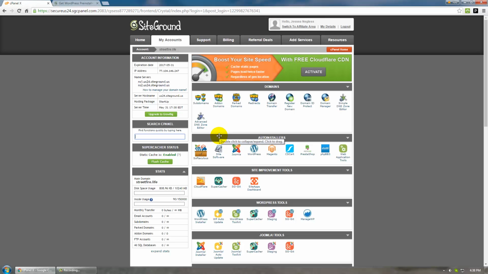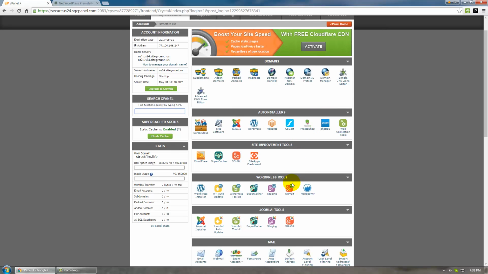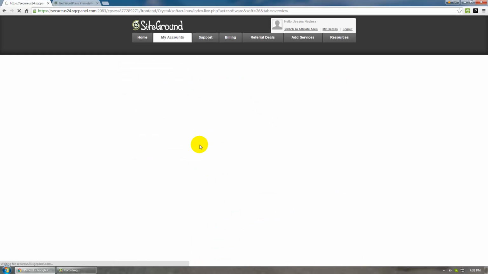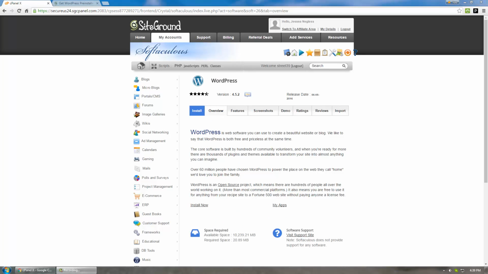And then it opens up another panel, which is actually our main control panel, and there's lots of icons, lots of buttons here, but we're specifically looking for the WordPress tools, which is about mid-page, and the icon to the far left says WordPress Installer, and that's what we're going to click here. Now on this page it gives you a little bit more information about what WordPress is, what it does, and some of the space requirements it needs and whatnot, but you can read that in your own time. Right now just click the Install Now button under the couple paragraphs there,